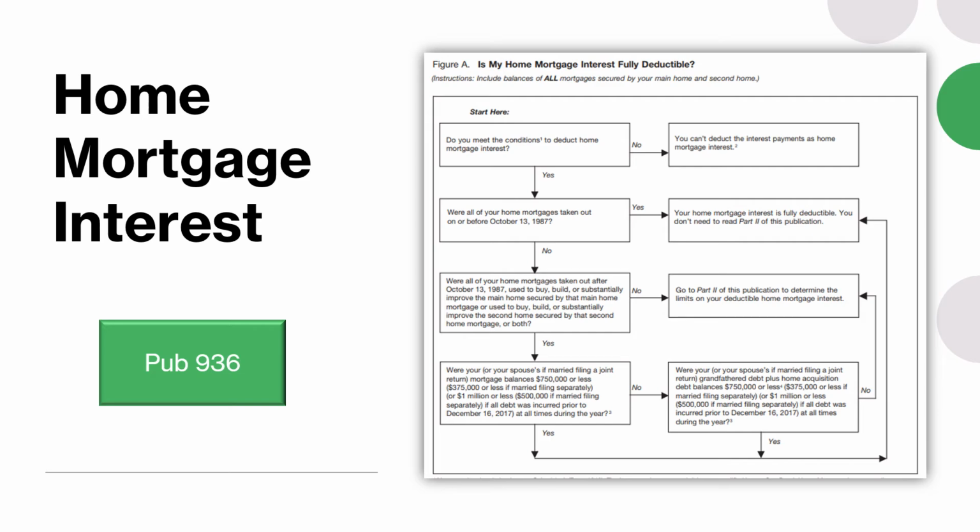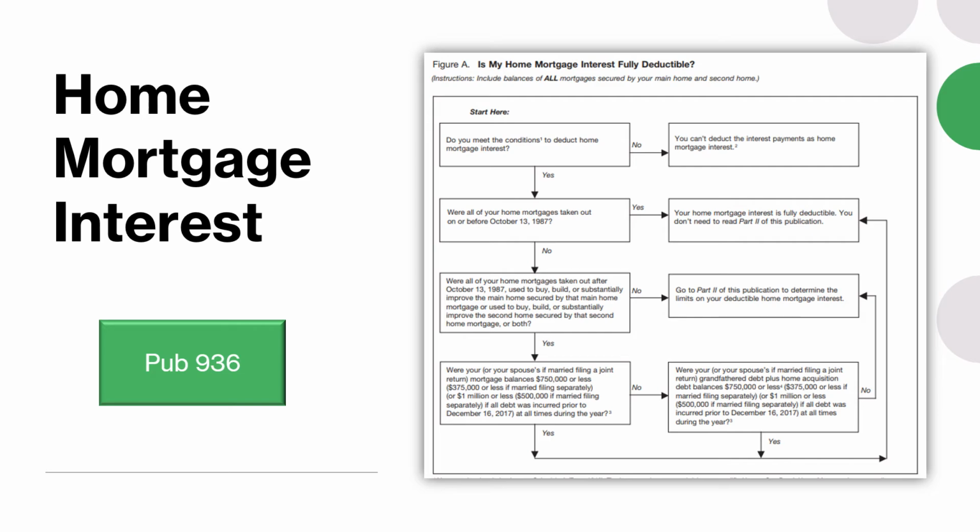When that's the case, you'll want to look up Publication 936. You can see that there are some flow charts and some worksheets to help you determine if and how much mortgage interest could be deducted on this taxpayer's